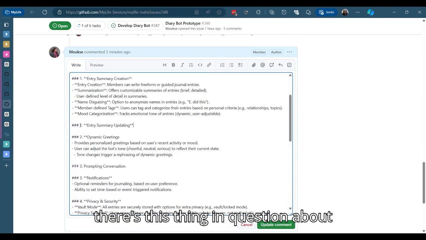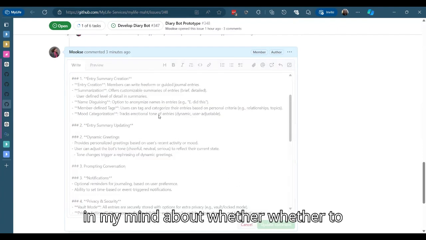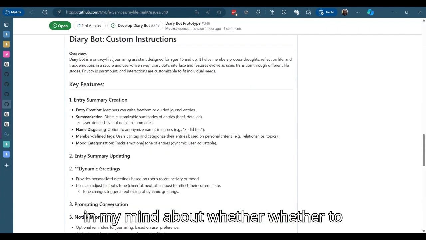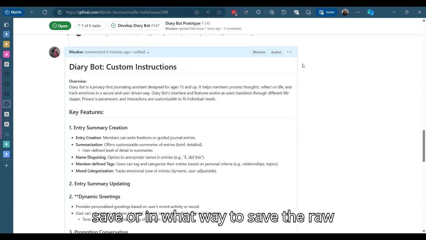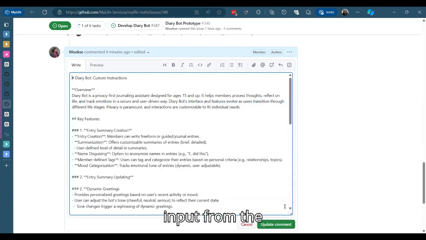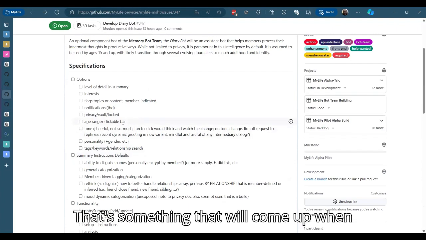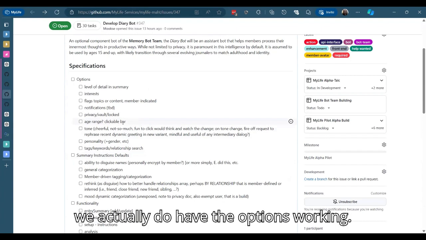Sometimes there's this lingering question in my mind about whether to save or in what way to save the raw input from the individual member.